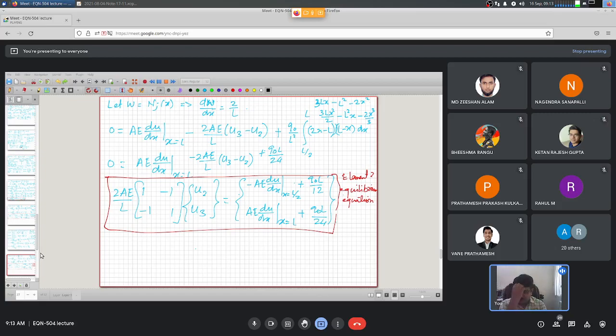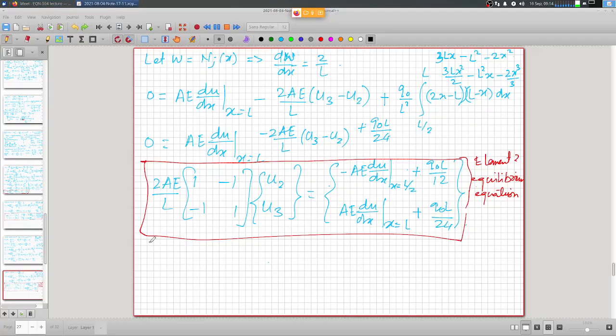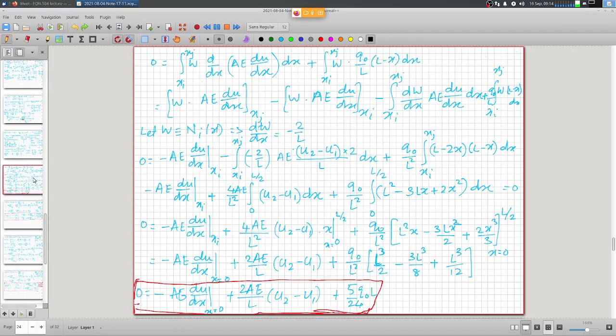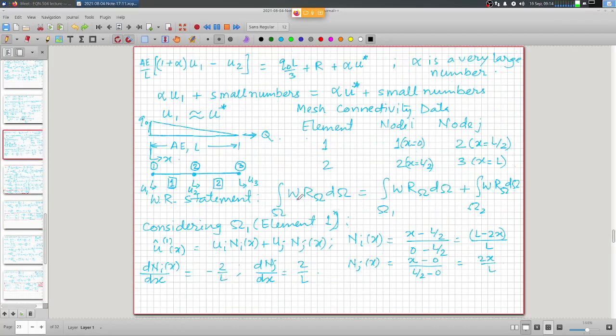Right, so let me go through that fine point once again. I intended to do that anyway because yesterday we forgot to record the session. So let's run through those two. We dealt with this element level equilibrium equation. This is the result of weighted residual statement. So this weighted residual statement,